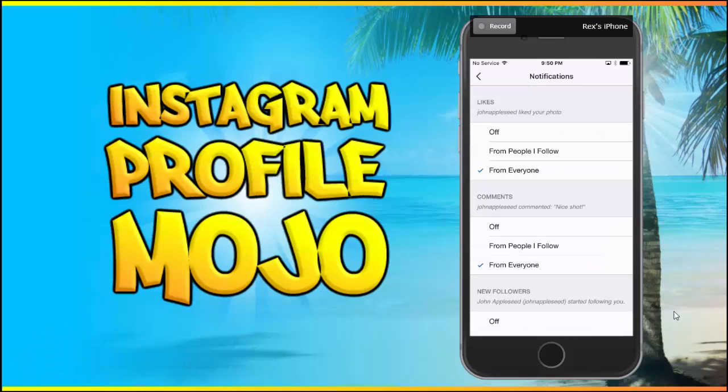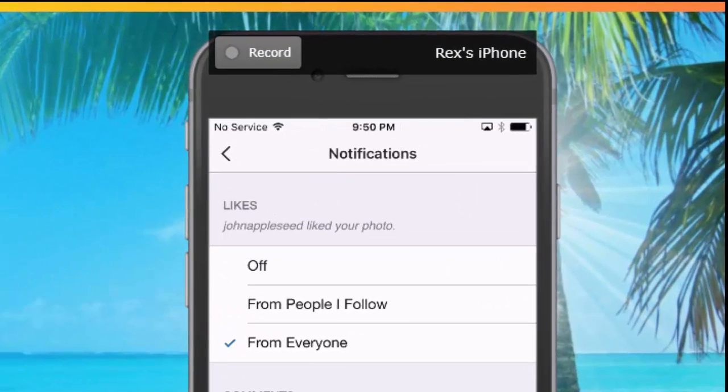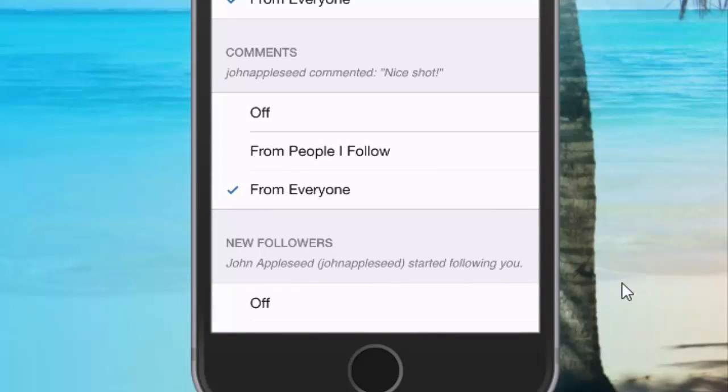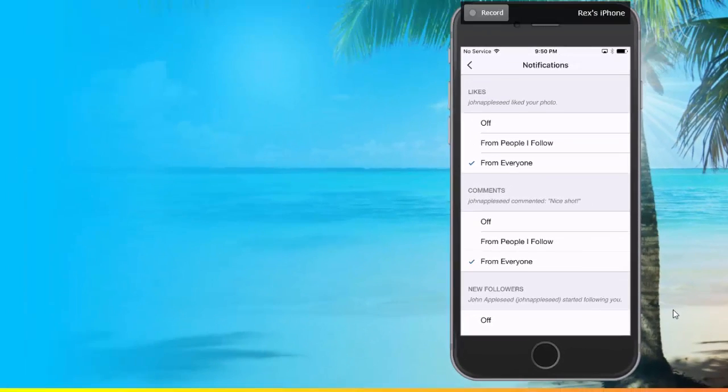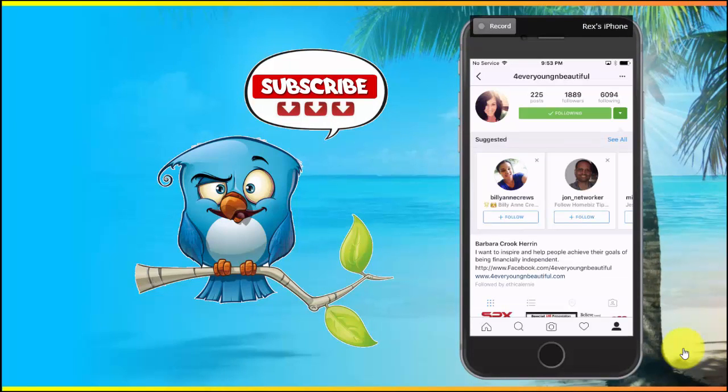And if you're not familiar with what a push notification is, this is a notification that automatically comes through to the main screen of my mobile device to let me know that someone has liked one of my posts, commented on one of my posts, followed me, or if I want to know a specific person that I'm following has posted so I can go and immediately engage with them, I would just go to a specific person's profile,